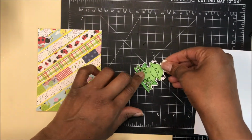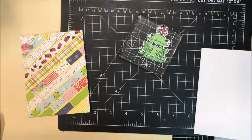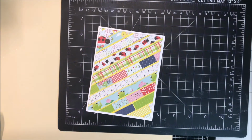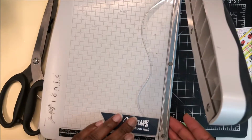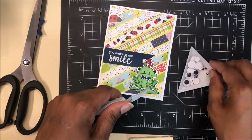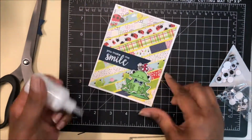Here I'm applying liquid adhesive to the back of my froggy, or the bottom half of him, and placing him on the lily pad, and then we'll bring in the bow and place that on him. And now affixing my panel to my card base using double-sided tape. I stamped and heat embossed my sentiment on navy cardstock, did that off camera, and used Brutus Monroe Alabaster white embossing powder, and now I'm trimming that down to place it on my card panel. Once I get my image and my sentiment adhered to the panel, I am bringing in some of the googly eyes from the kit, and we'll place, oops,